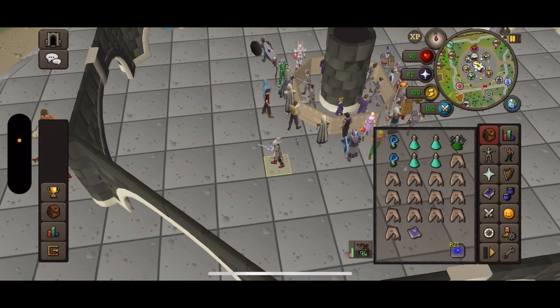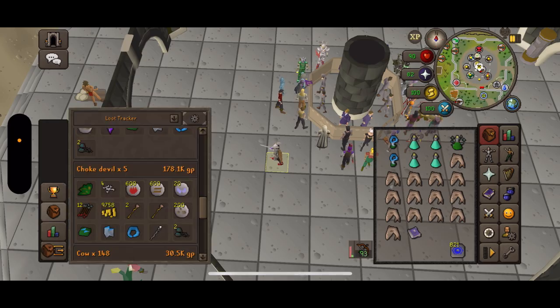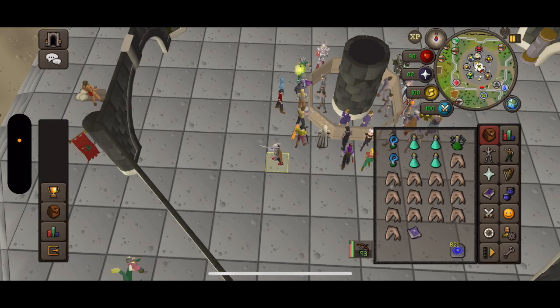It's Regulator here. This video, we're gonna go over Skotizo. I managed to get a couple totems from Dust Devils. I got a couple Choke Devil Superiors. Managed to make a couple of these. So